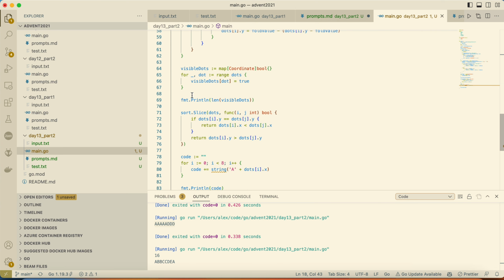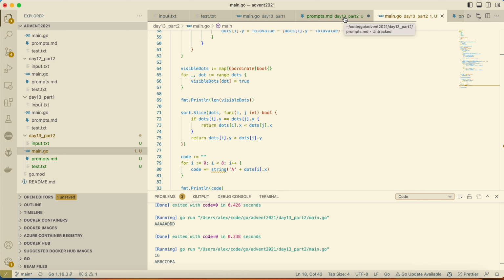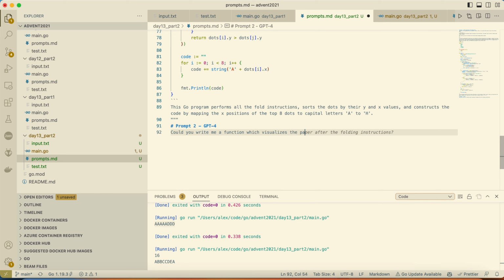And I will simply ask to get a function that actually can visualize the points before we get to this wrong parsing. And let's try that, because here it's obviously needed. We continue with our prompt 2. Could you write me a function which visualizes the paper after the following instruction? Could you write me a golang function